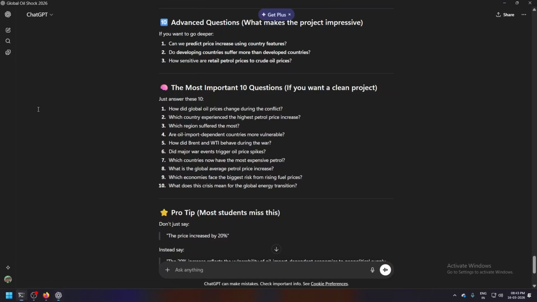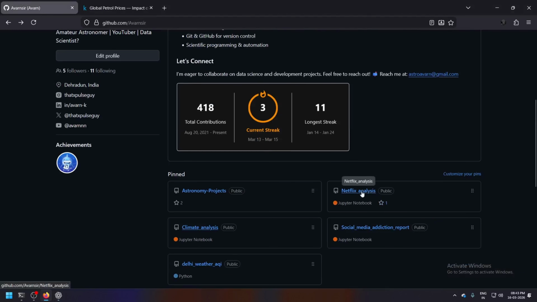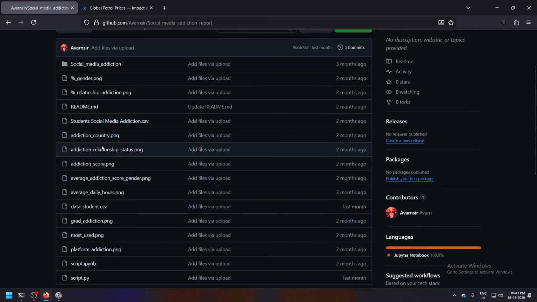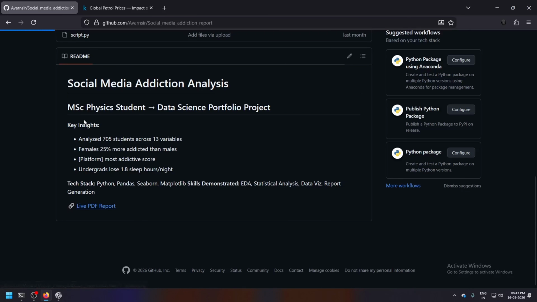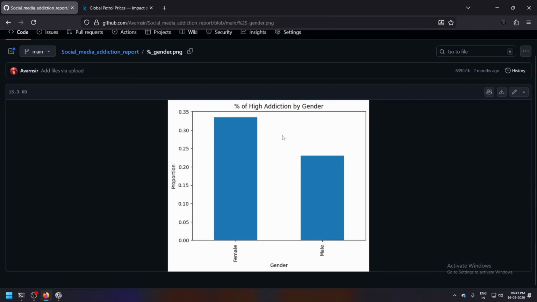In the same way that I showed you one of my portfolio projects, like the social media action report. If I show you this one, because I showed you earlier, then of course if you remove the XY legends, you can say this can be your after price and this can be a before price.